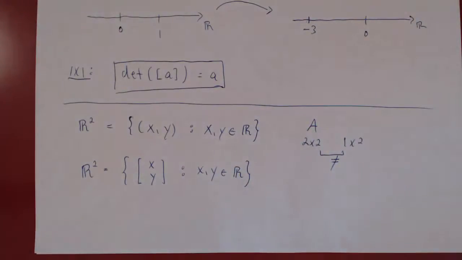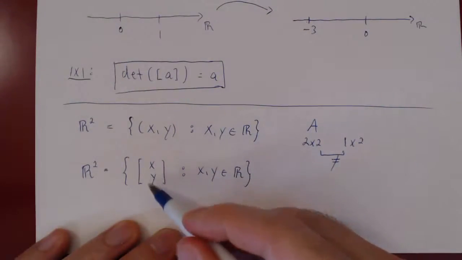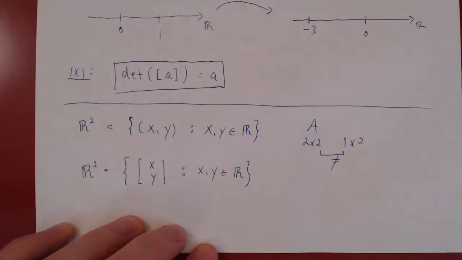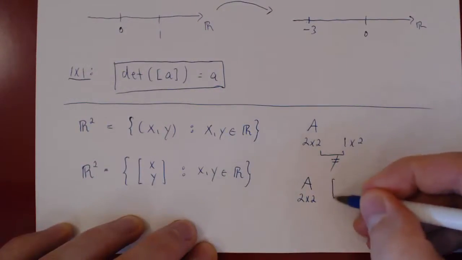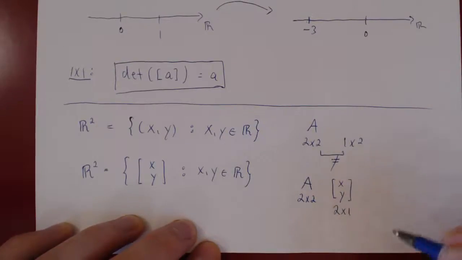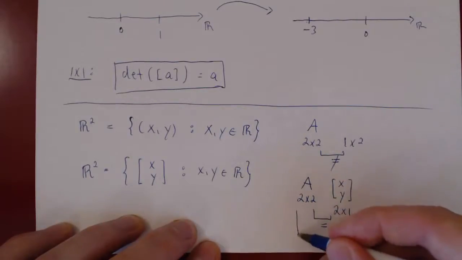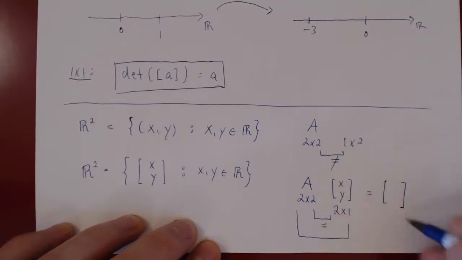Geometrically, this changes nothing, right? The first entry of your column is the x component of your point. The second entry is the y component. Now, the question is, algebraically, does this make sense? Well, if A is a 2 by 2 matrix, and we try to multiply a point by A, this is now a 2 by 1 column matrix. 2 equals 2. So multiplication is now defined. And the new matrix will be also a 2 by 1. Another column matrix with 2 entries. Therefore, another point